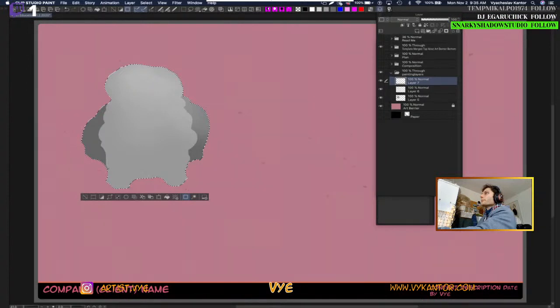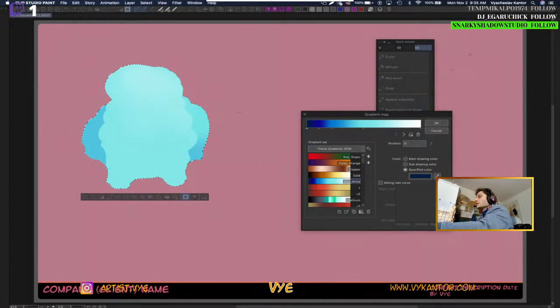It's a mapping thing, and you could just add some sort of variation by just going through these. So let's go with a neon, yeah, platinum look. This is from Trent's coloring set. So like that could be your stone rock, and then you can keep going from there on.